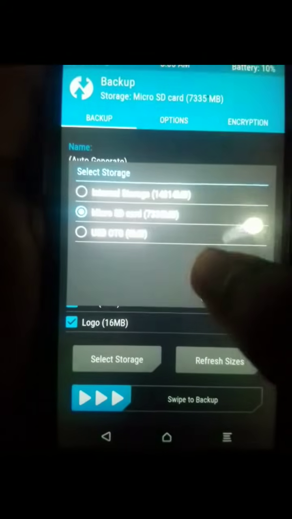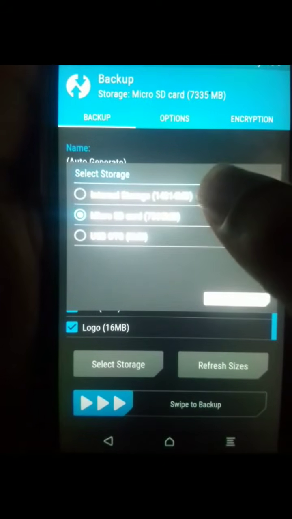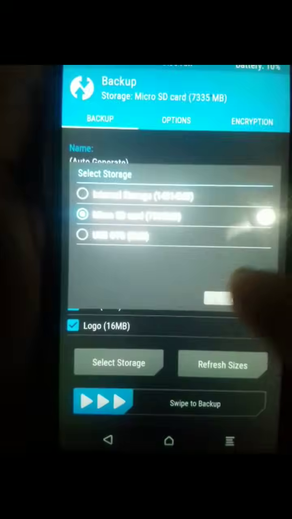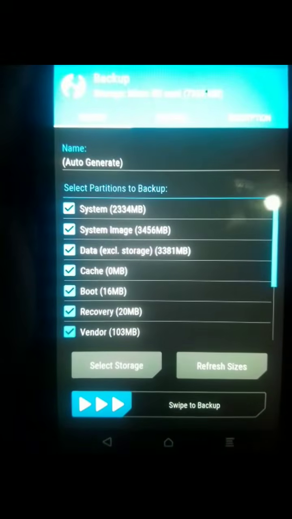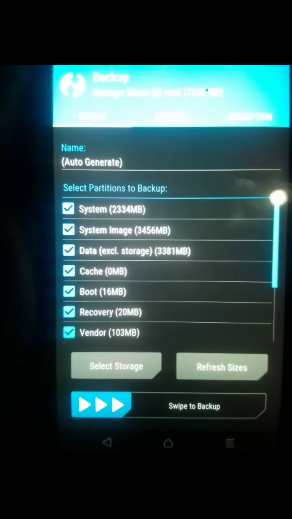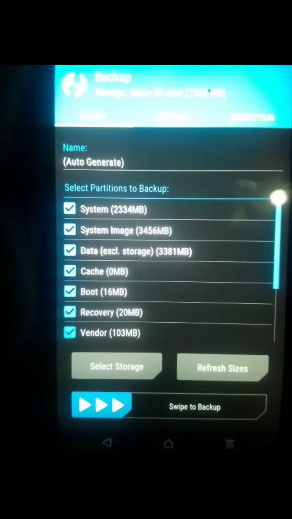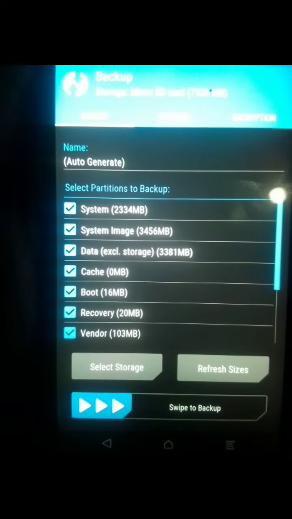Then you need to select your micro SD card as the backup location. If you want to take a full backup of this original ROM, you need an SD card of 64 GB or at least 32 GB.